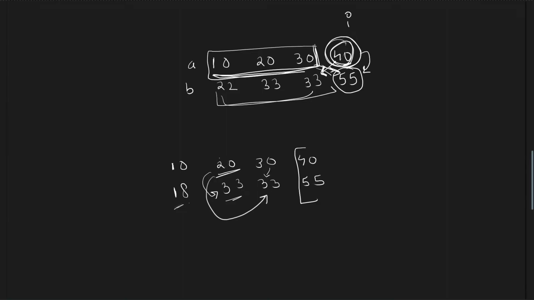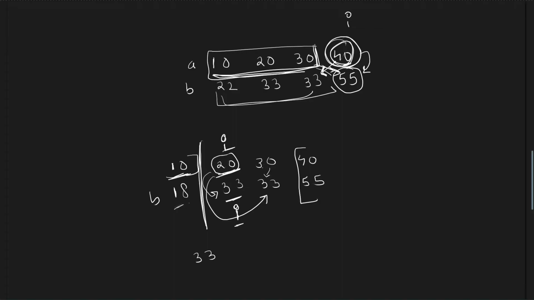So as soon as the last possible number for the ith index is also at the ith index of array B, it means that this is the last number that I can form from this number. Like 33 in this list is the smallest number, in fact, which I can form from 20. And if the index of both of these numbers are same, then the maximum numbers for all the numbers smaller than it would be restricted to this particular line,